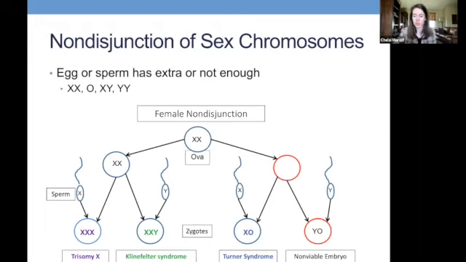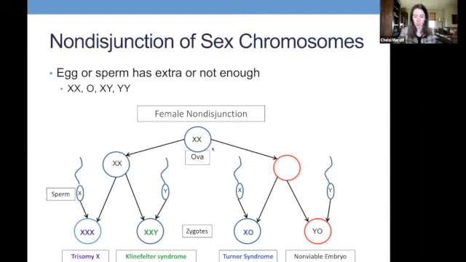And there are some traits that you need in order for development to progress. Turner syndrome, Klinefelter syndrome, and trisomy X, all of these have names because individuals with these conditions can survive. And so we'll see what these look like. But if you had this